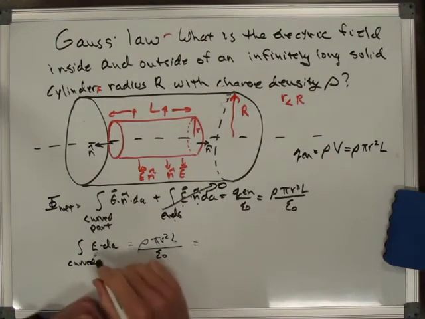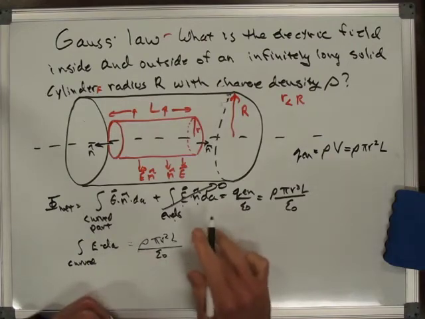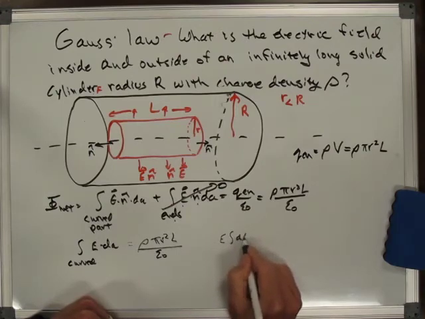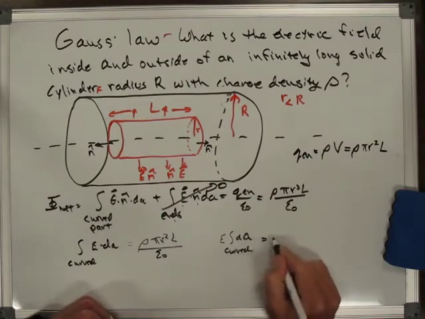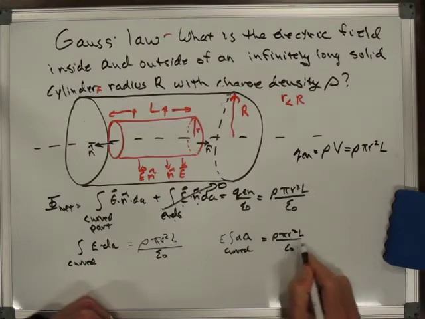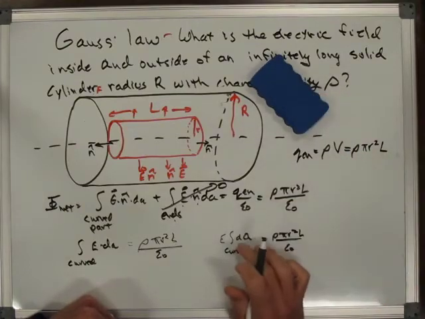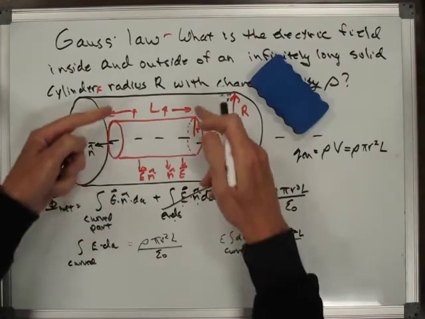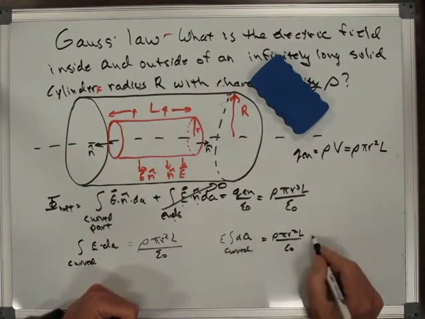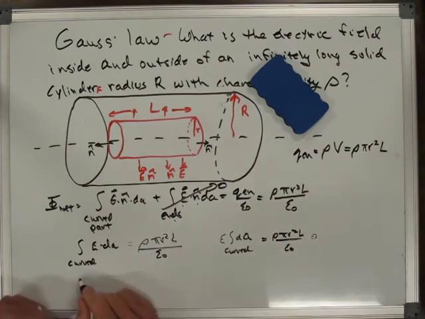If I integrate this, it gives us E times the integral of dA over the curved part. The integral over the curved part is just the curved surface area of the cylinder. We've done that already. That becomes E times 2 pi r L